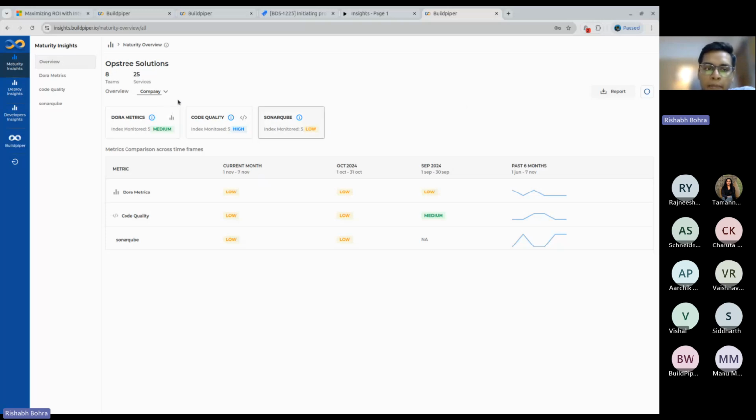So here, using BuildPiper Insights, which has multiple modules, you can see different views for different purposes. There's a view for assessing and visualizing the maturity of the existing systems using multiple pillars. On the other hand, you can go to deployment insights to check the deployment analytics right then and there. And then you have the developer insights as well, which gives you a detailed view of developer productivity,